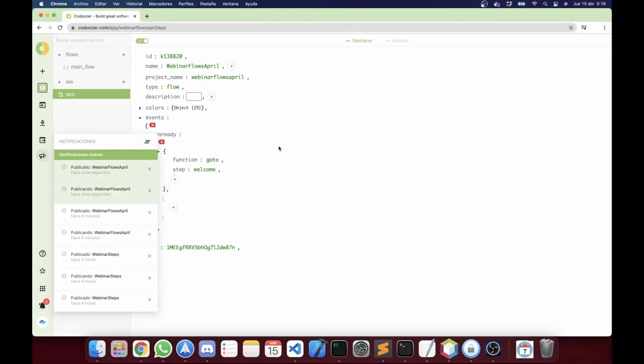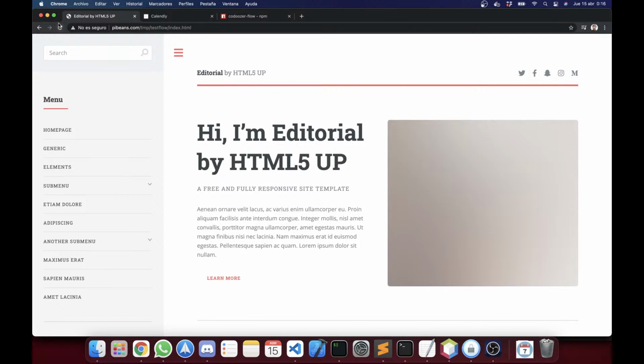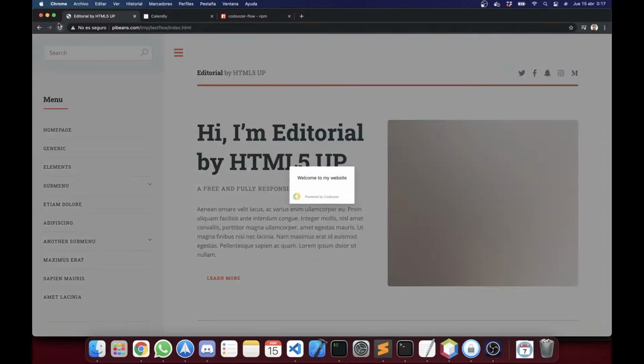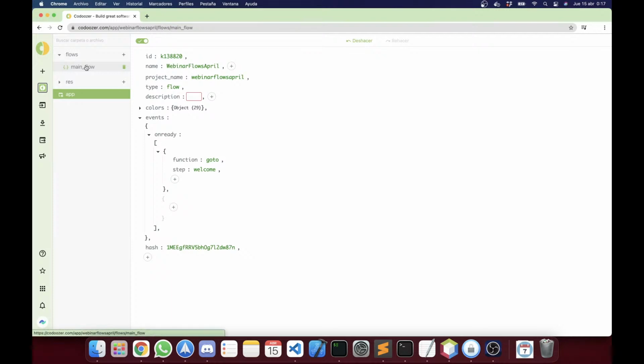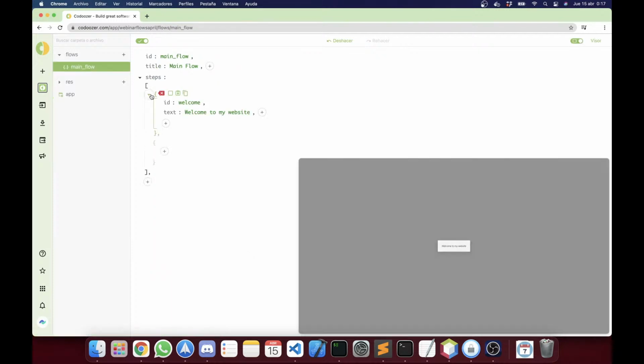Okay, it took 2 seconds and now it's ready in our website. So refresh our website and now you see my first step. I cannot close it because I didn't set up the instructions to close it. But it's here. So if we want to make it closable, go back to our flow, open our step,